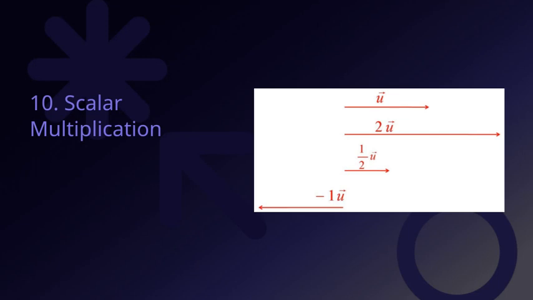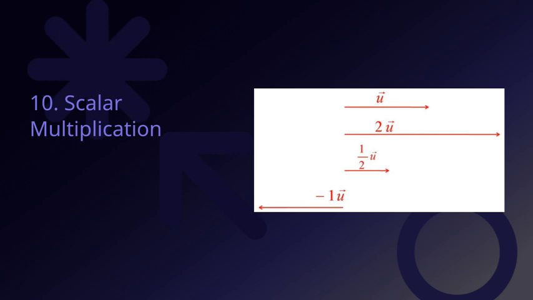Let's now talk about scalar multiplication. This concept is fundamental in understanding how vectors work. Essentially, when we multiply a vector by a scalar, we're scaling it, either stretching or shrinking it. The scalar is just a number, and it tells us how much to change the size of the vector. Importantly, the direction of the vector stays the same if the scalar is positive, but if the scalar is negative,